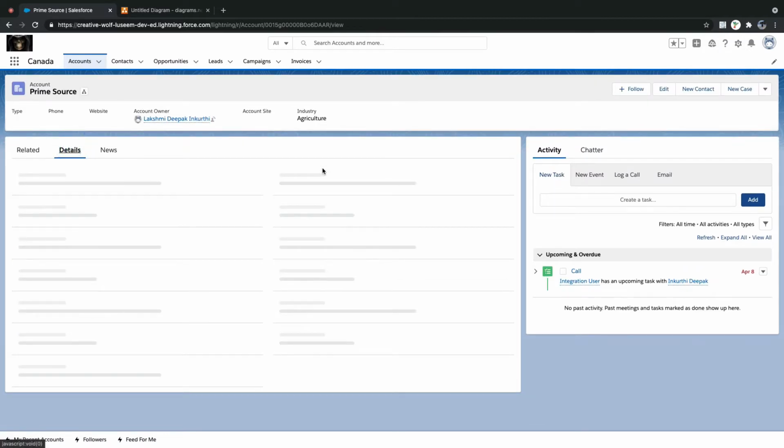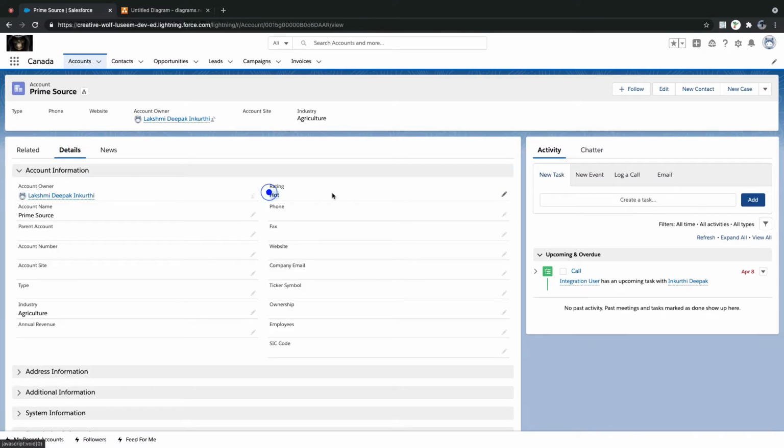Now in the details, if I select my rating equal to hot and save it, I send an email. Tomorrow if I come back and update my phone number to something else, do I need to send an email again? I don't want to send an email to the customer saying that your account status is changed to hot. Whenever I change it for the first time, it's okay. But whenever I update any information, always getting a message saying your account rating is changed to hot, that's not valid, right?